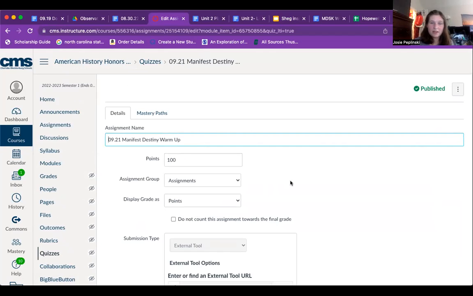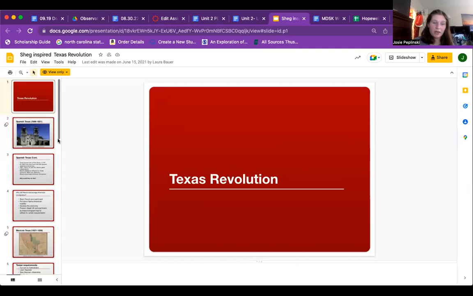One is list as many causes of westward expansion as you can think of. Think about your answer to that. If you were not there on this day, you can go complete that warm-up now. If you were there on this day, then this is just an opportunity for you to review that information, to cover the content that we covered in class, to just review it in your mind. Again, these videos are always for people who are absent, and they're a great resource also for people who would like to review the information.